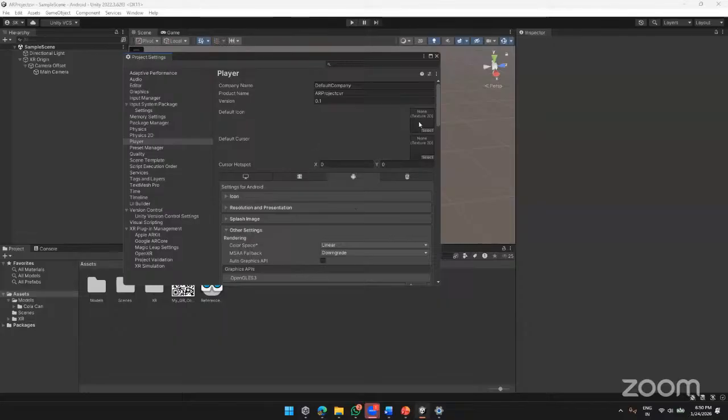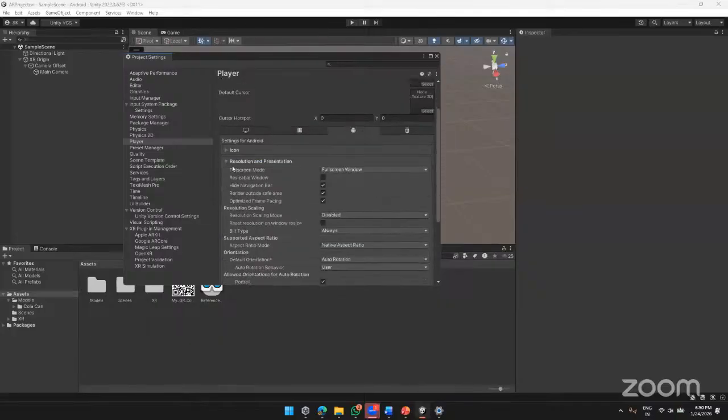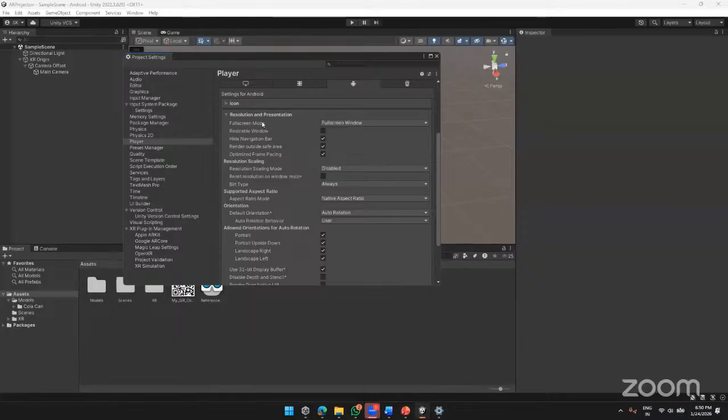And if we need to add an icon for our application, we can give the image as an icon here in this default icon. And in the resolution and presentation, you can see whether our application needs to run in a full screen window or not. We can select those options